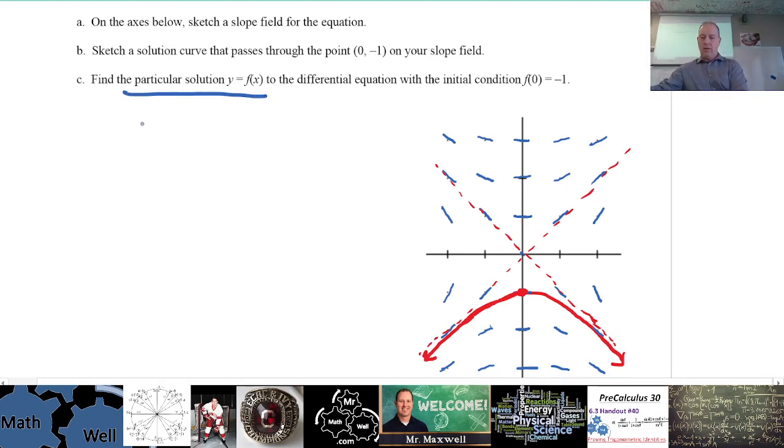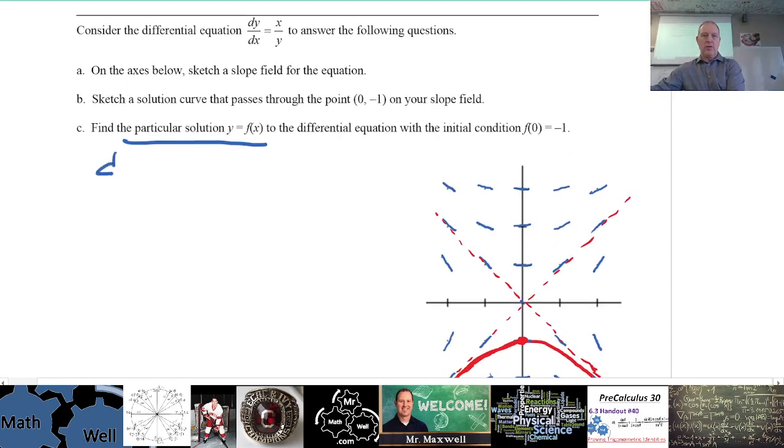The differential equation we are given is dy/dx equals x/y. Now, when we have x and y on the same side here, it's really difficult to take the integral of both sides, because what do you take it with respect to? Well, this one's with respect to x, but what about this one? With respect to what? Well, there are two variables. So what we need to do is separate this equation so that we have only x terms on one side and only y terms on the other, and then we can take a look at